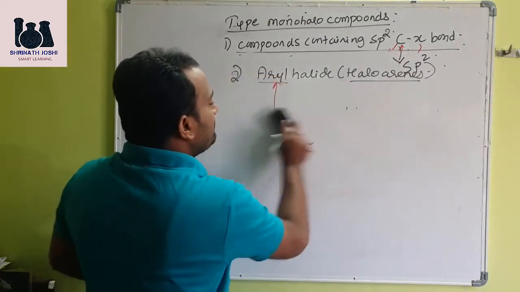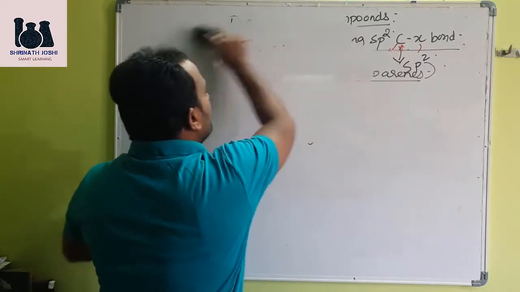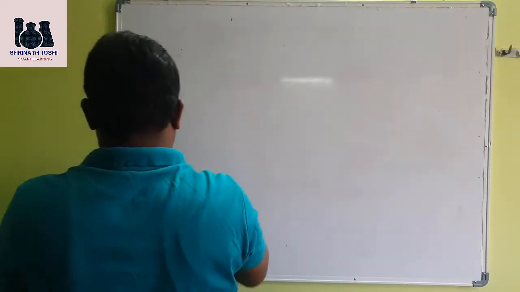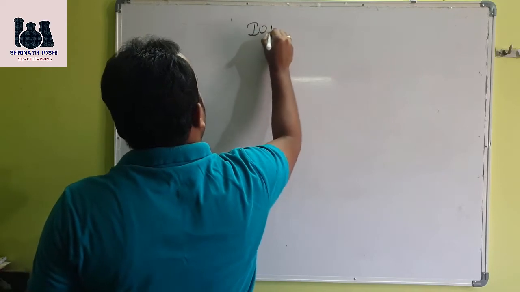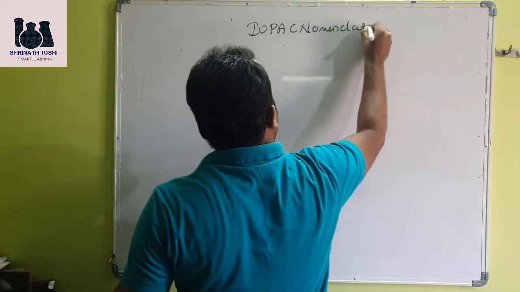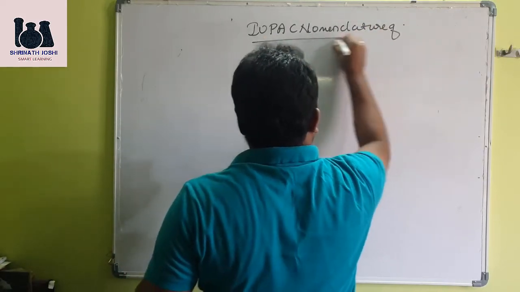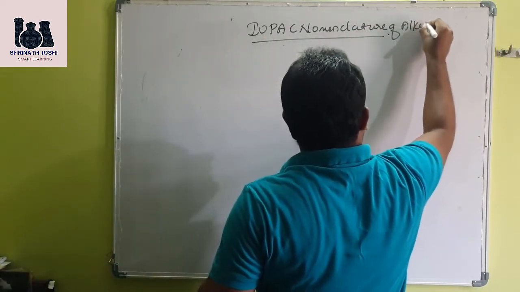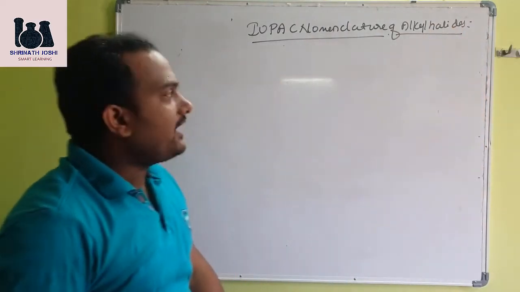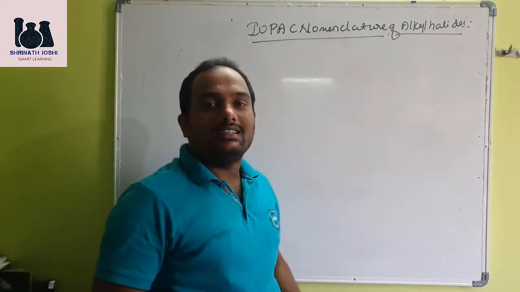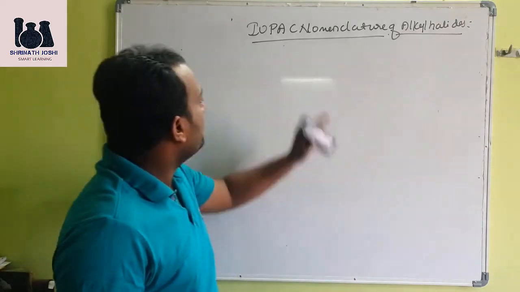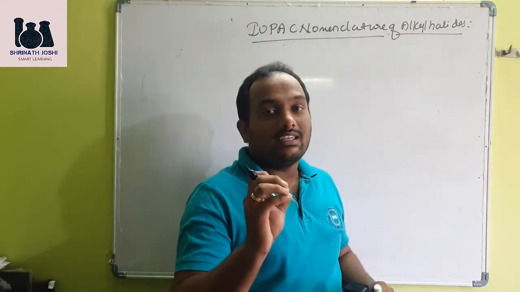We move on to the next part. A very important part, that is IUPAC nomenclature of alkyl halides or haloalkanes. Whenever I use the word IUPAC, the majority of students think that it is a difficult part. But remember, you already learned it in PUC first year. I don't discuss much about the IUPAC nomenclature of alkyl halides, but I give some key points.